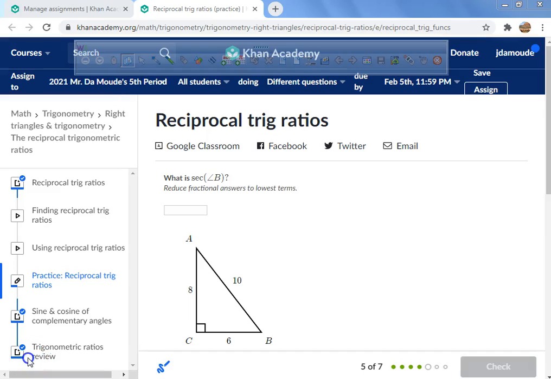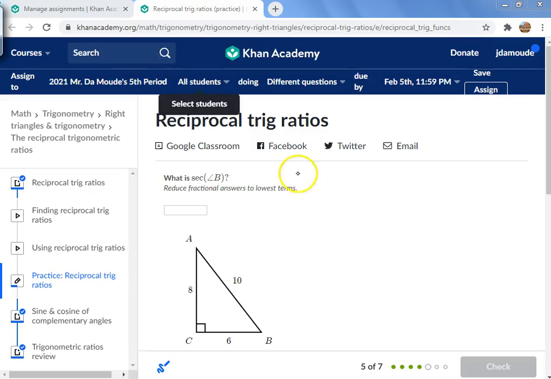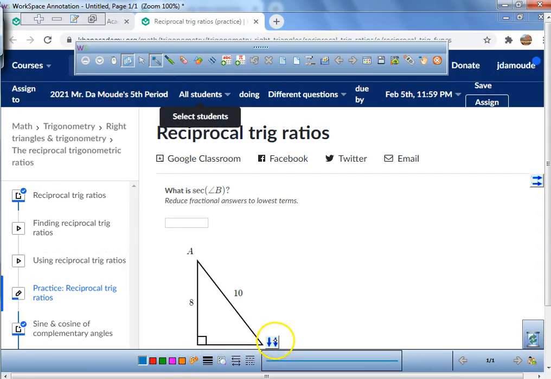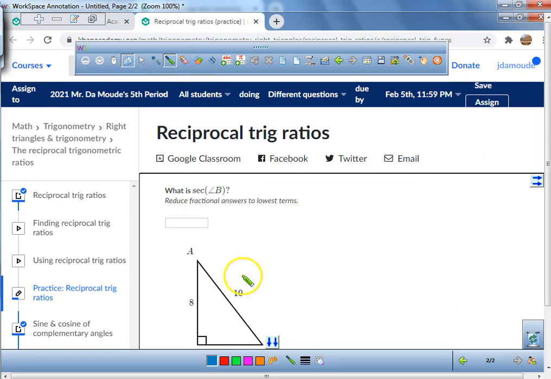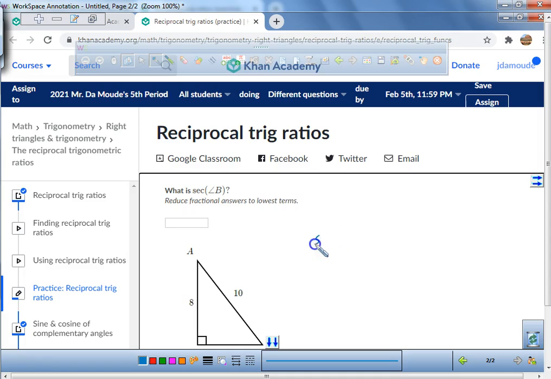Alright guys, today we're going to be talking about reciprocal trig ratios. Now in order to understand reciprocal trig ratios, what we first need to do is understand the trig ratios. So if you would please, just do a quick little review. Could you please write the sine of theta, the cosine of theta, and the tangent of